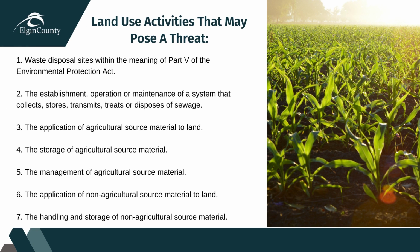There are 21 land use planning activities that have been identified as a potential threat to drinking water. These include waste disposal sites, the establishment, operation, or maintenance of a system that collects, stores, transmits, treats, or disposes of sewage, the storage of agricultural source material, the handling and storage of non-agricultural source material. Source material is also known as manure, bedding, or wash water,